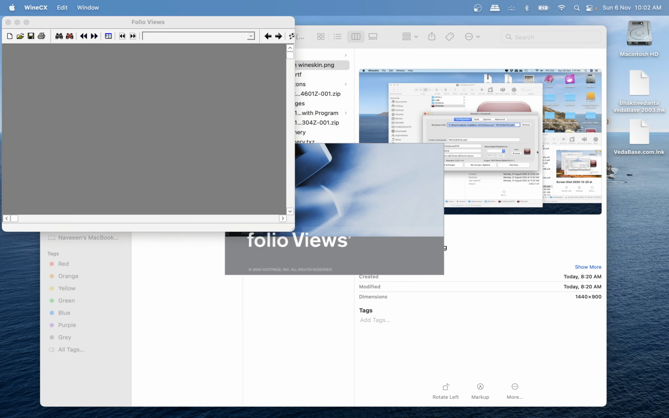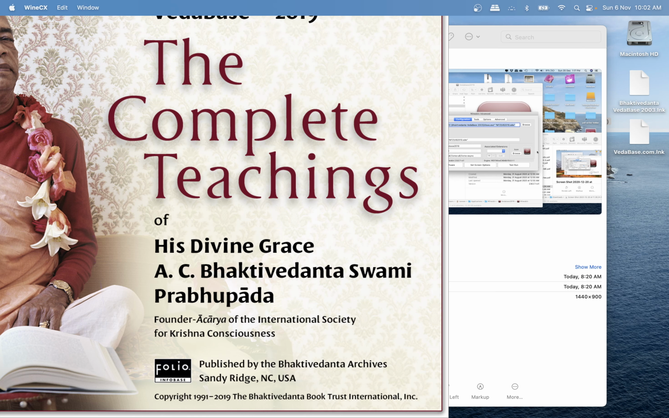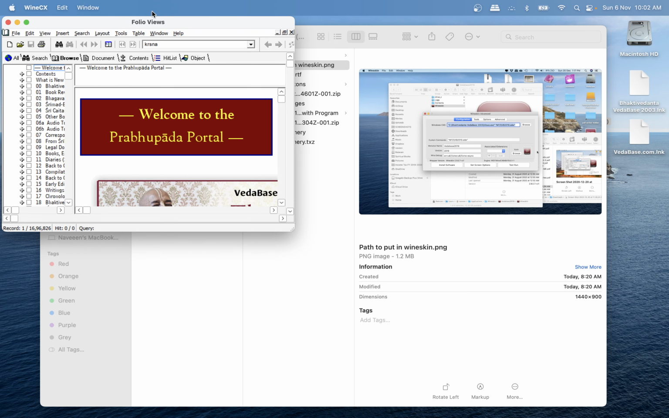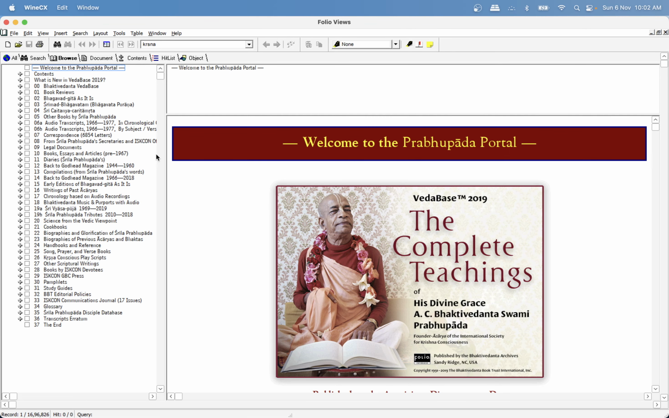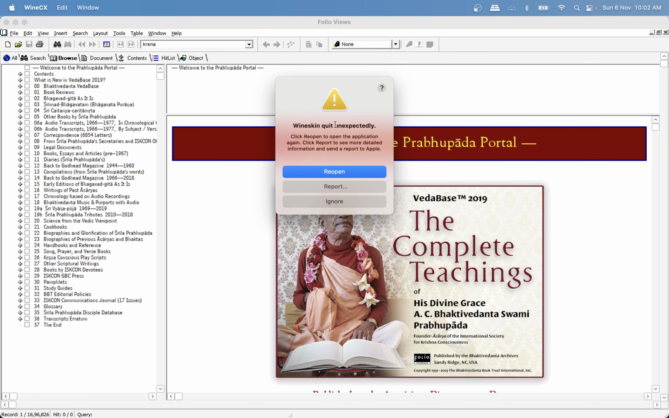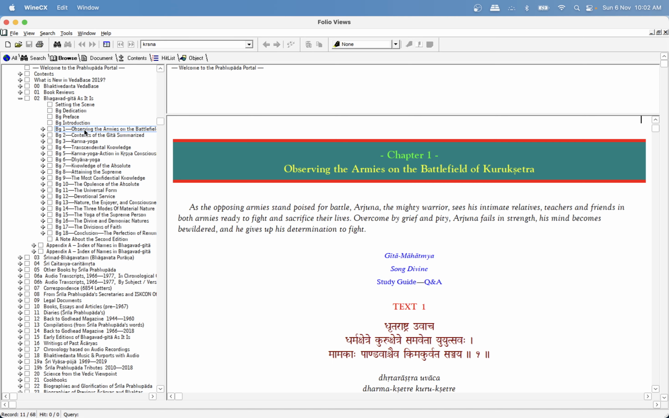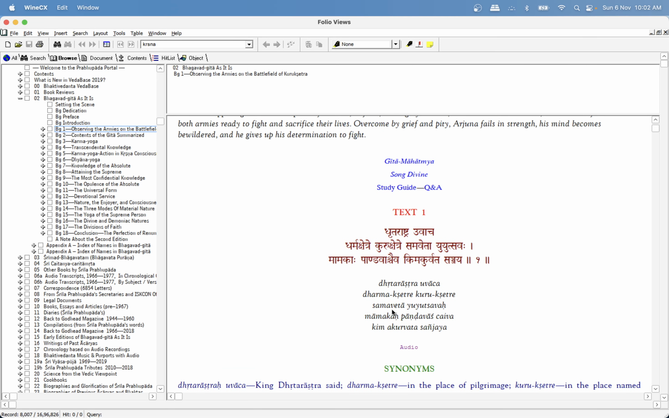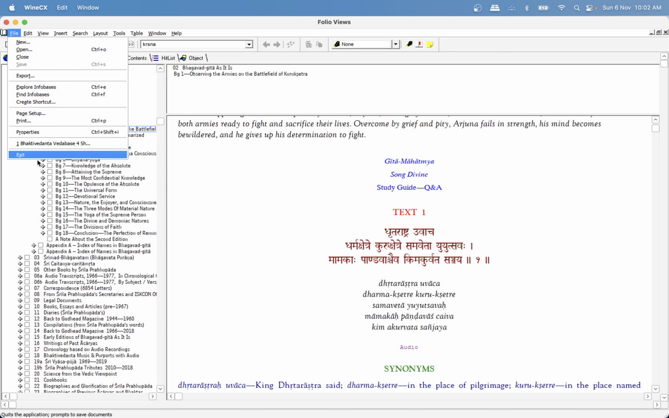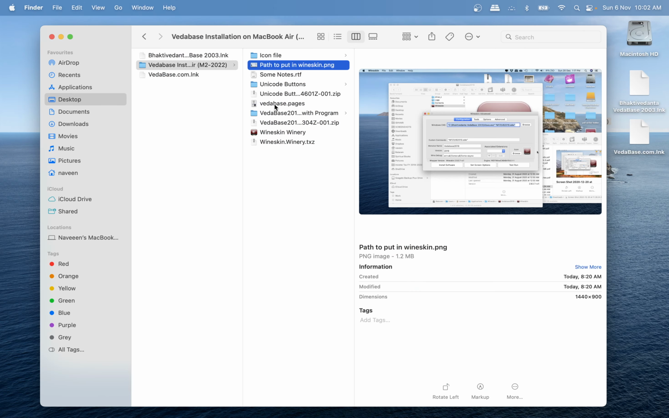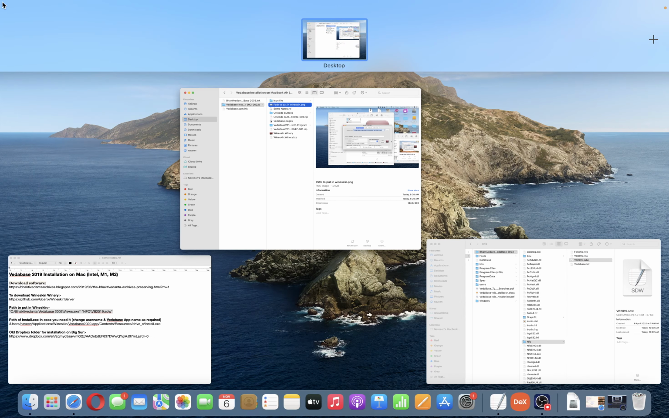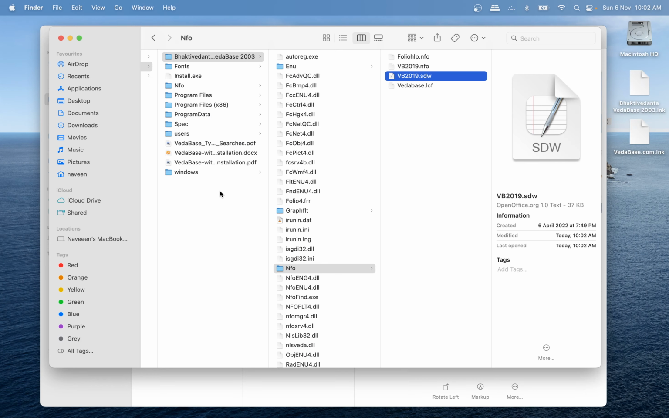to see what happens. Oh, it's opening up, and as you can see, it's opened up. Of course the fonts and everything are small, we can adjust it later on, but this is working properly. Okay, we can quit it for the time being,